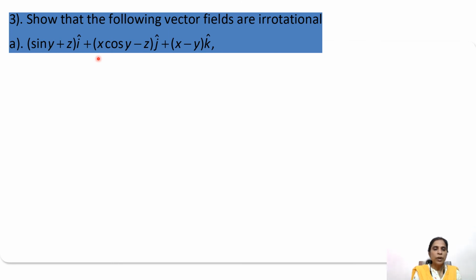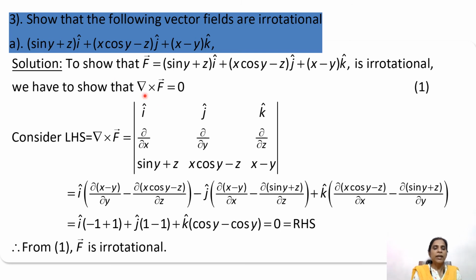This is one more example where we have to show that the given vector field is irrotational. This is a very simple exercise which you can all easily solve. You have been given a vector; call it f, apply the curl to that vector and simplify. You have to expand this determinant and simplify. Then that should turn out to be 0. Only then can you say that the given vector f is irrotational.